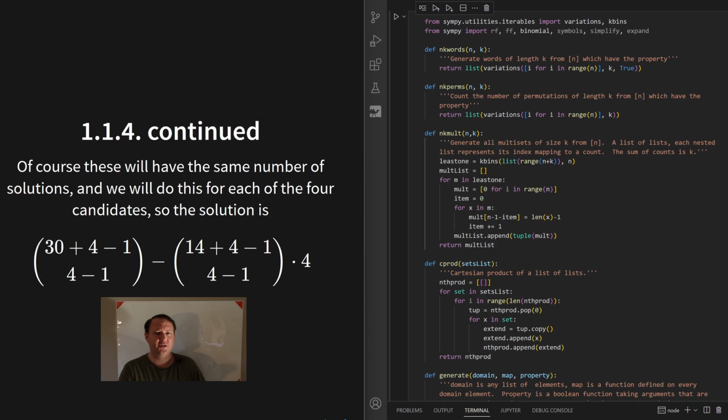And then I wanted to be able to specify certain properties of those words or permutations or whatever they might be, so that I could count only the things satisfying a given property,